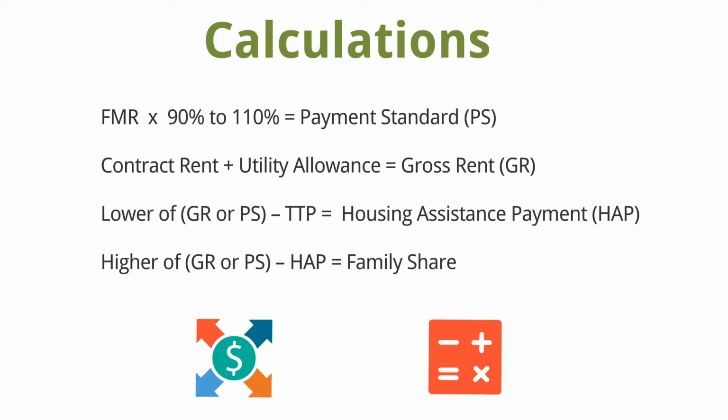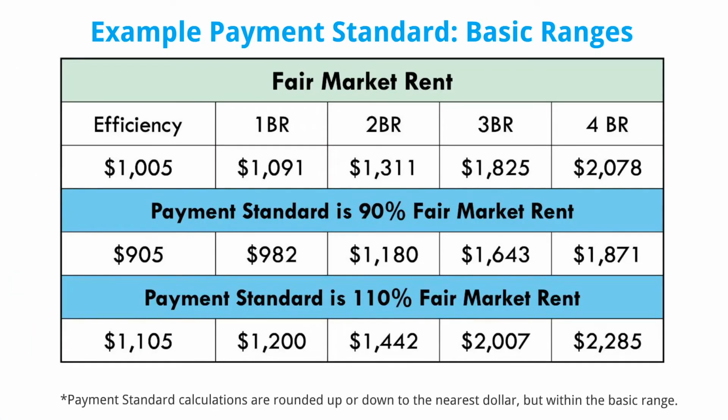Let's look at an example family to see how the variations in the payment standard affect what the family pays and what the PHA pays. In this example, we see the fair market rents by bedroom size for a PHA that administers a voucher program. For the purposes of the examples we're going to walk through, we'll just be looking at 2-bedroom unit size. As you can see in the chart, the fair market rent for this size unit is